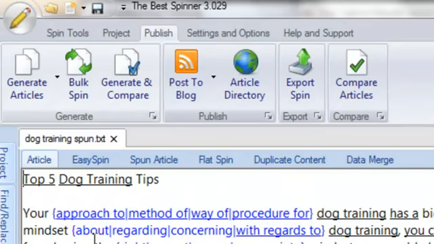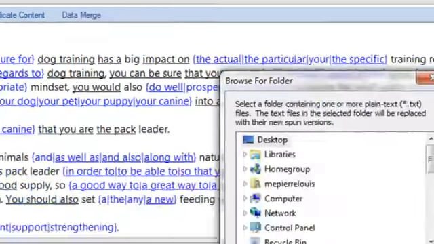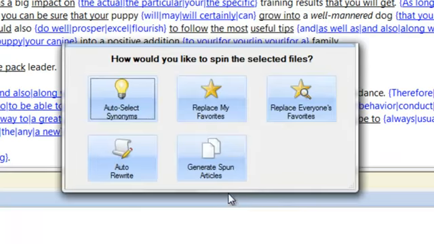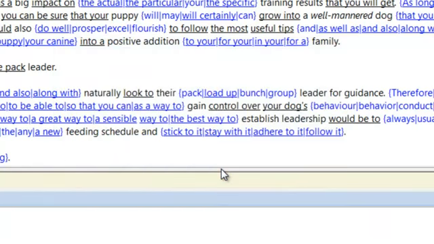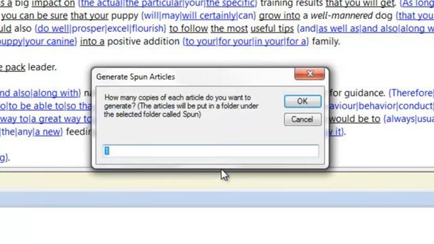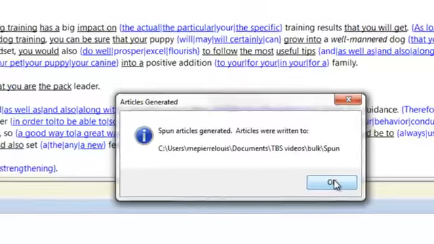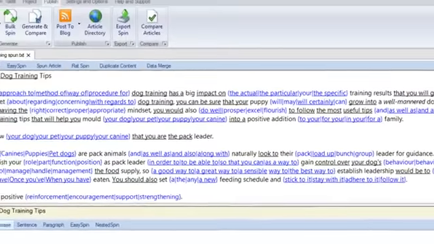Click on Bulk Spin to begin. Navigate to where your original articles are located. Click on Generate Spun Articles. I then specify the number of spun articles I want, which I will set to 10. I click OK, and the Best Spinner outputs my spun versions in the folder I specified, putting them in a